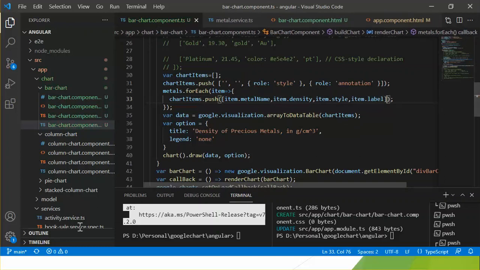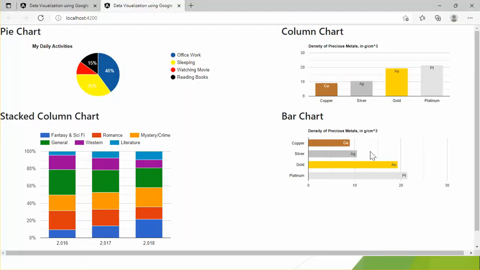Let's see in the browser. Okay, now I can see the bar chart and the data is coming from the Angular service. In the real world, the Angular service data will not be hard-coded data. This will come from a REST API. In the next video I'll show you how to get the data from the REST API and visualize it in the bar chart. Thank you.